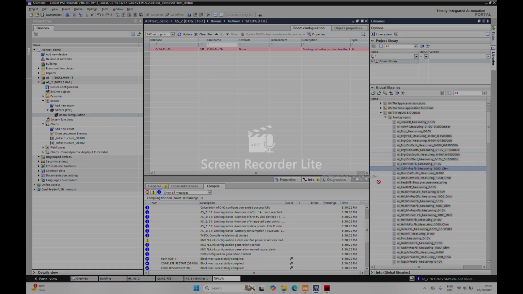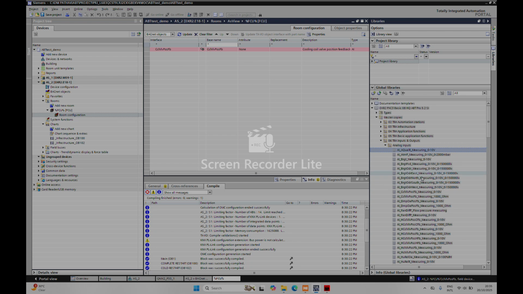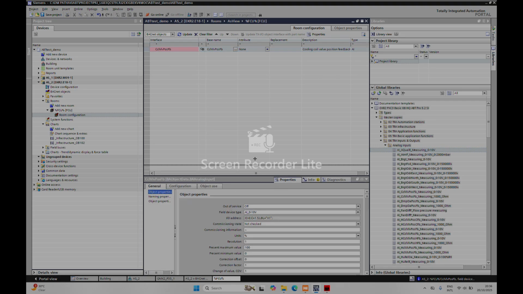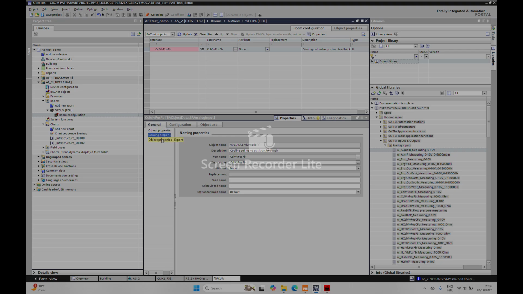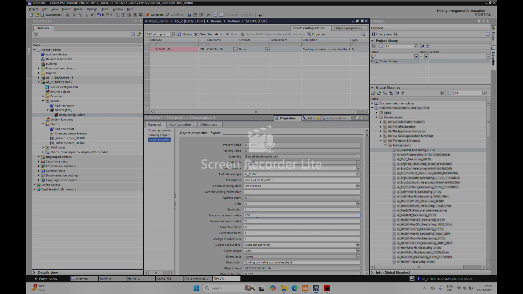Cooling coil position, where is cooling coil position? I don't know. Where is cooling coil? Okay, we can take whatever we want here. Otherwise, we can edit it from here. No issue. I will go to property, and here we can set the low limit and high limit of the object,